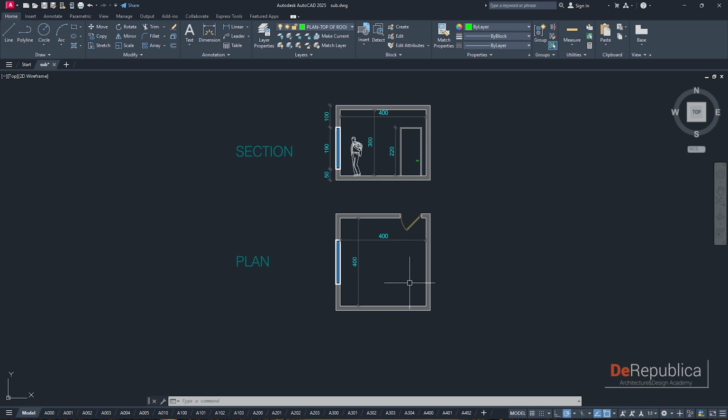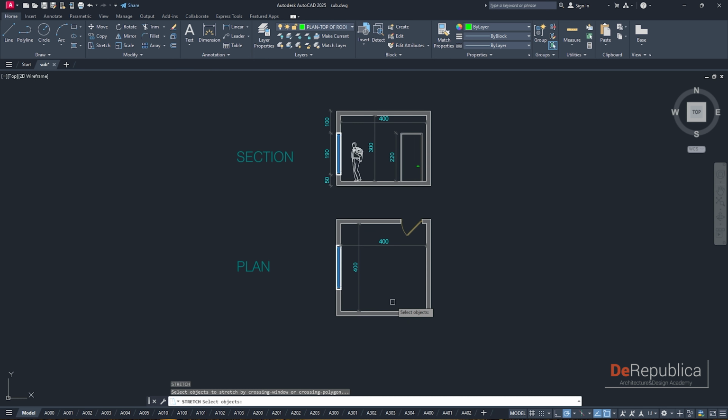So now for some reason I decided that my room 4x4 is too small. So how am I going to make it bigger? S, enter, and because this is the section of the plan, I want to change the section and the plan both of them together. Click, move over the two objects, enter, go to the right side, let's type 200 units, enter, and as you see, we changed the dimension or the size of the section and